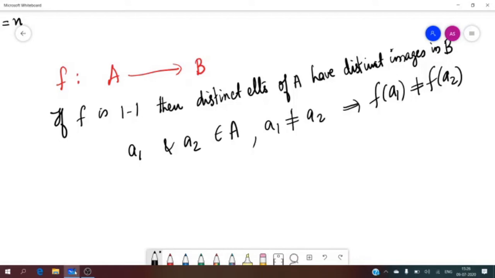Every element of A has an image in B. That's the definition of function. And these images are all distinct since f is 1-1. So if f is 1-1, the codomain B should contain at least as many elements as that of A,